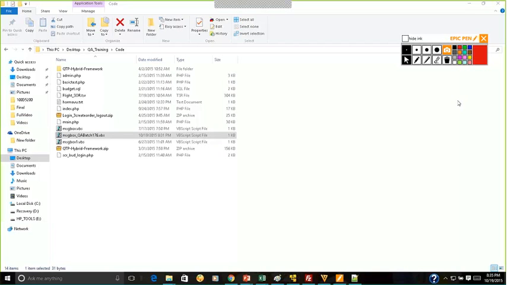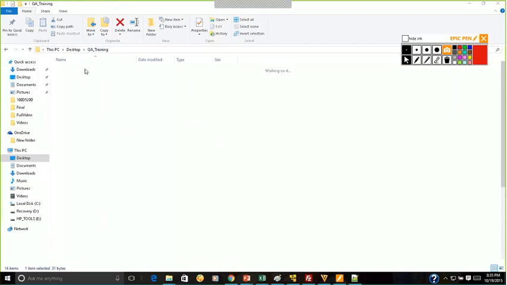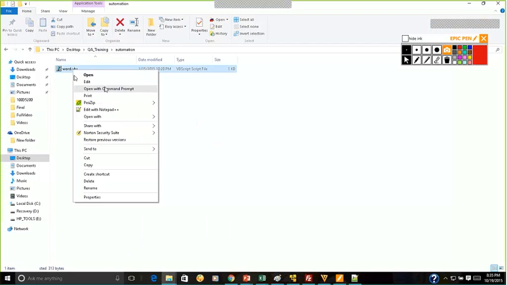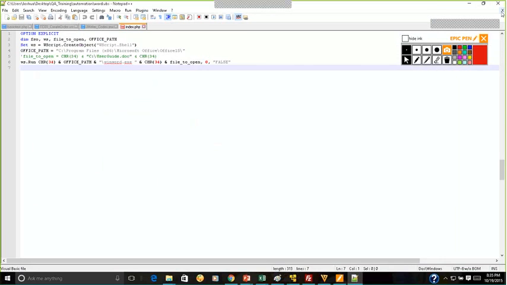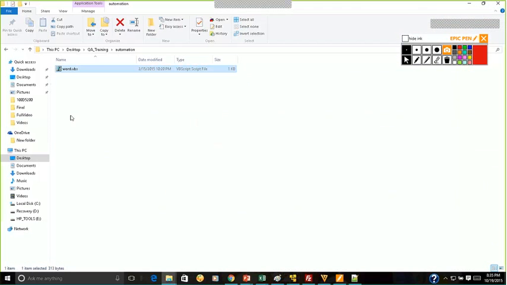But using the tool, it is simpler. If I have to just launch MS Word, I have to write so much command here, while in QTP there are functions that can help you to do that.